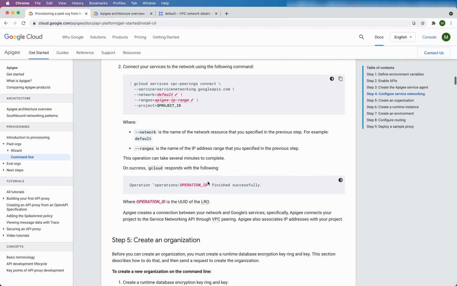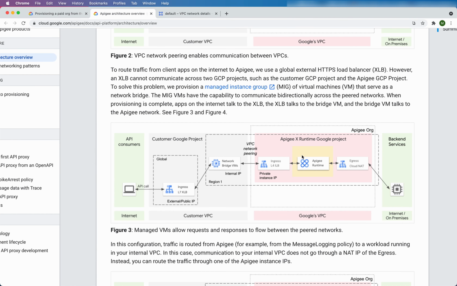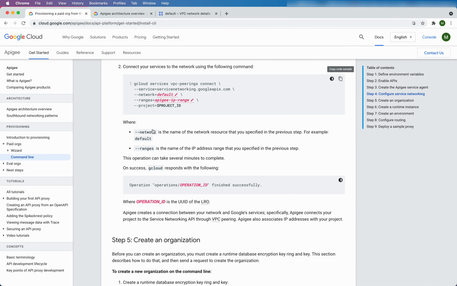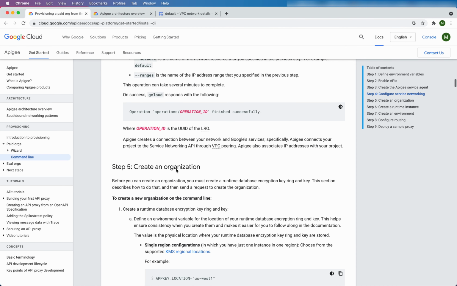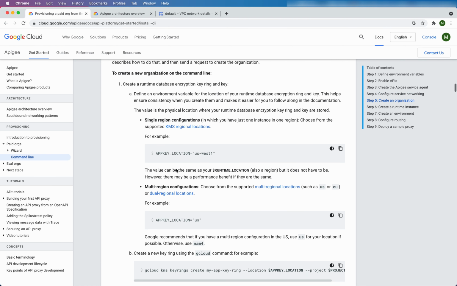So we paired our own project with the Apigee tenant project, and we gave it a chunk of IP addresses to use, and so far that's where we are. So what's next? Let's create an organization. All right, so